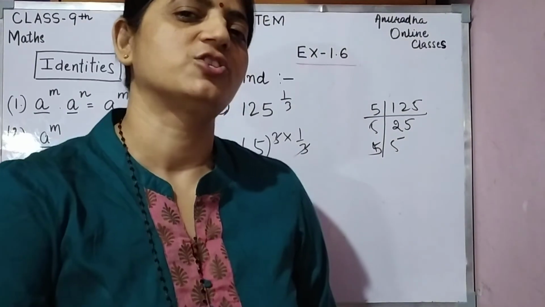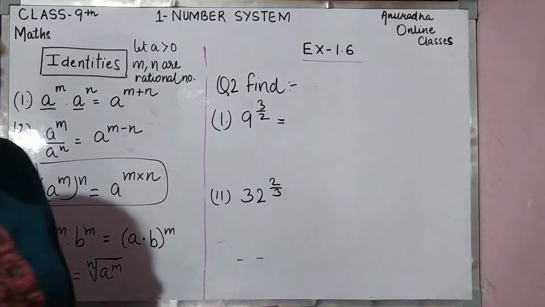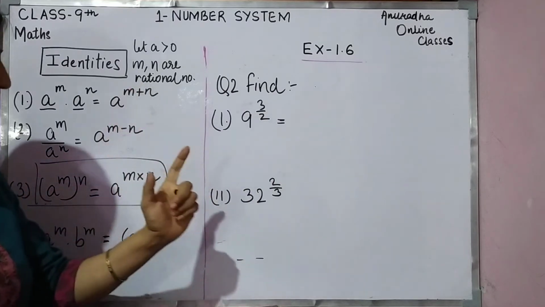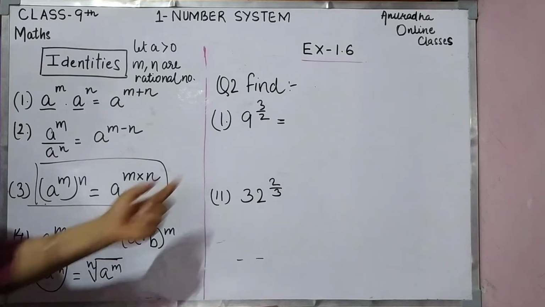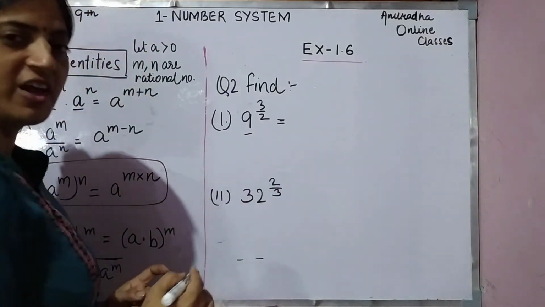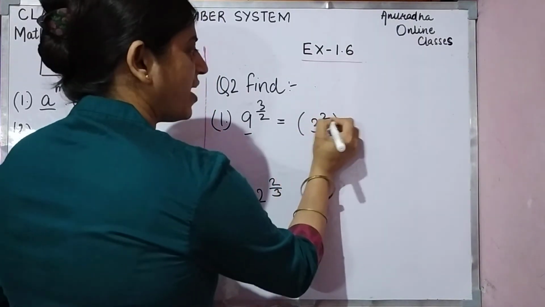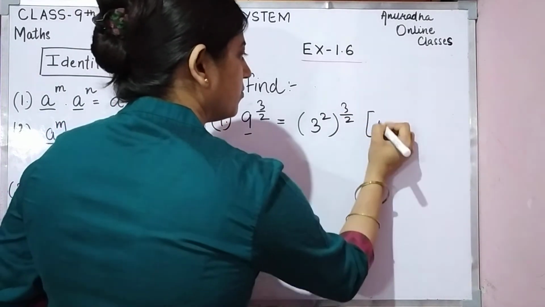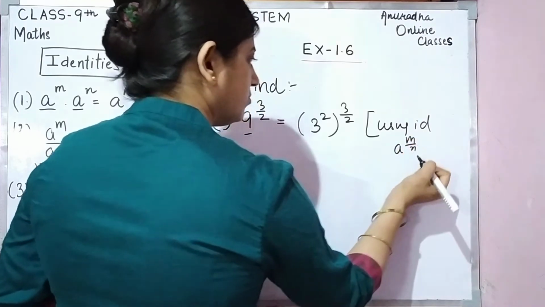Let's come to the second question, children. Okay, children, let's come to question number 2. See, this is 9 to the power 3 by 2. 3 by 2, that means which identity? Fifth identity we have to use, that is a to the power m upon n. Right? हम इसको सिंप्लीफाई कर लेंगे. 9 का प्राइम फैक्टर अगर निकालेंगे प्राइम फैक्टराइजेशन से, दिस विल बी 3 का स्क्वायर. राइट? 3 का स्क्वायर इनटू 3 अपॉन 2, यूजिंग आइडेंटिटी (a^m)^n.